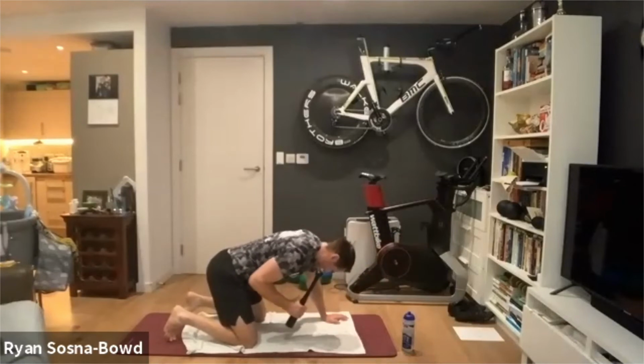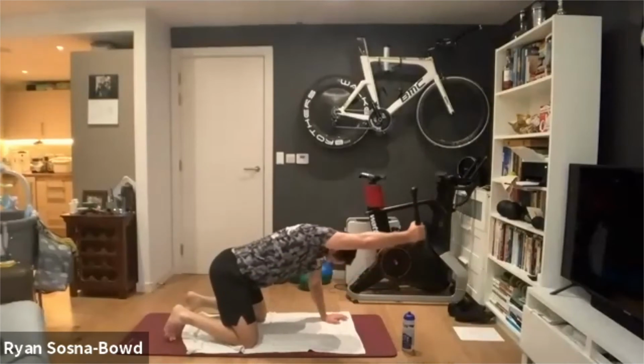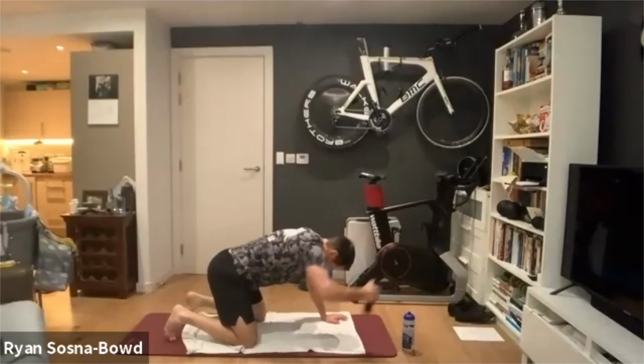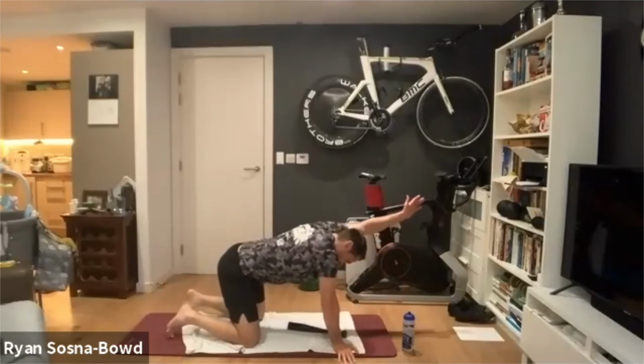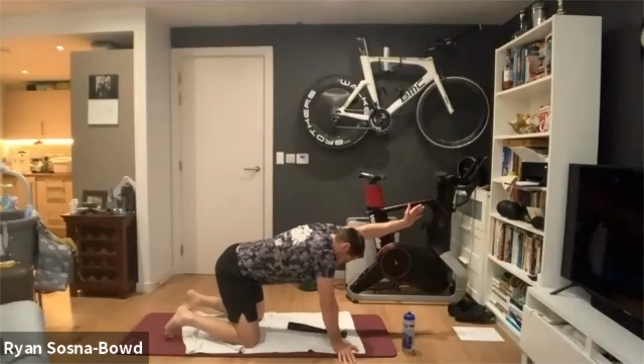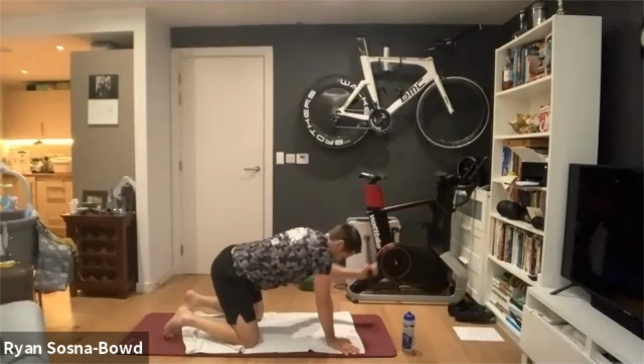6, 7, 8, 9, and 10. So really try and get that arm up nice and straight. Try and brush your ears with your upper arm and get as much shoulder extension as you can. Ready? 1,